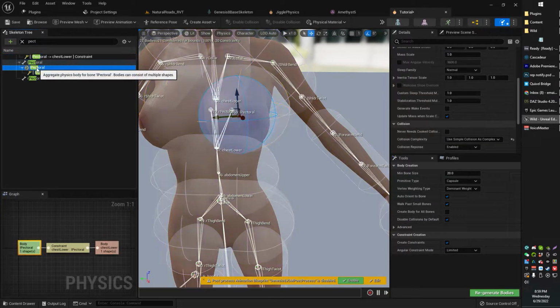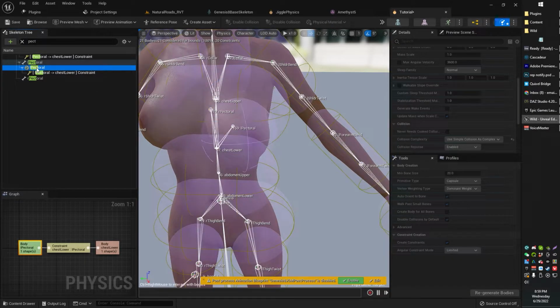Whoops, let me simulate again. And as you can see, now the boob doesn't fall all the way to the floor, it falls down 5 Unreal units. It could also move to the side. So if you hold down the control and the right mouse button,